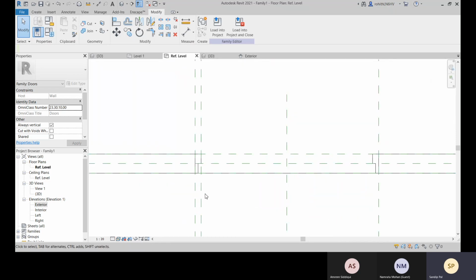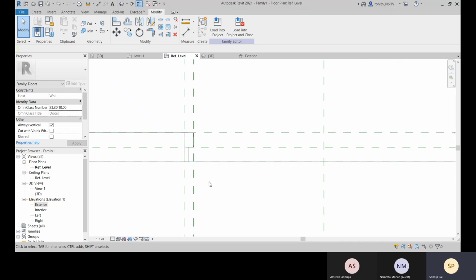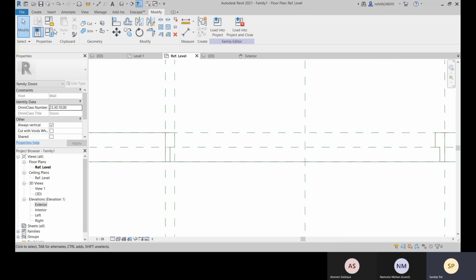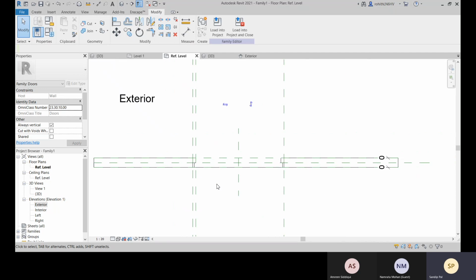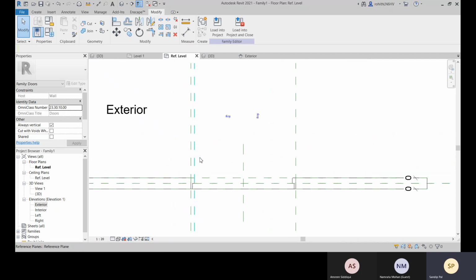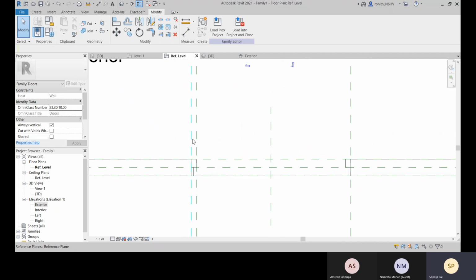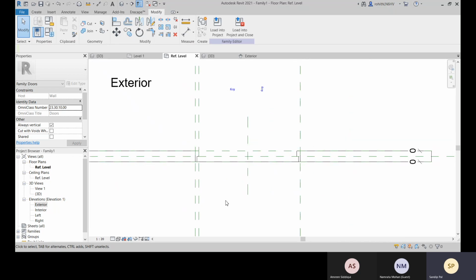Let's create first. Now we will create our casing. Before creating our casing, let's create width.